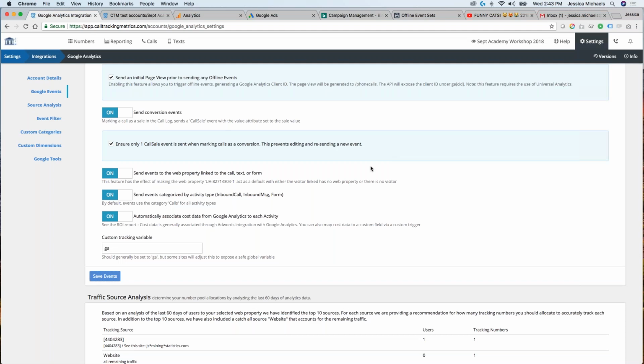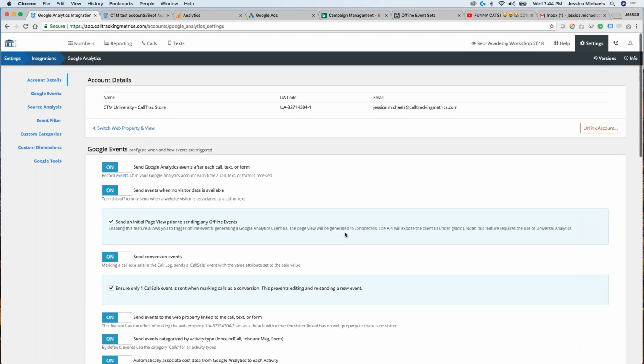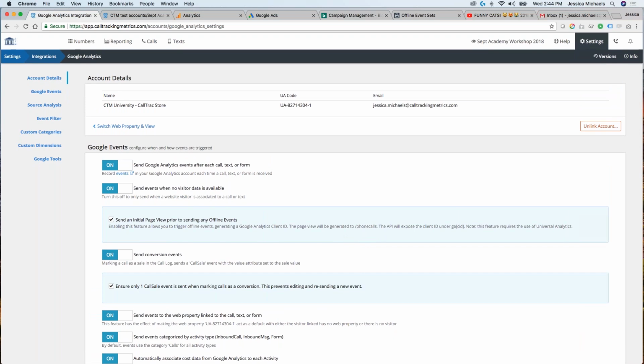So in our reporting, it'll show that you had a call from this campaign and this keyword, and we'll be able to tell you that that click cost, say, $5. That's pretty cool. But because that uses custom fields and custom triggers, it is only available on the marketing and contact center plan. So that is the basic configuration for sending your calls, texts, and forms into analytics.